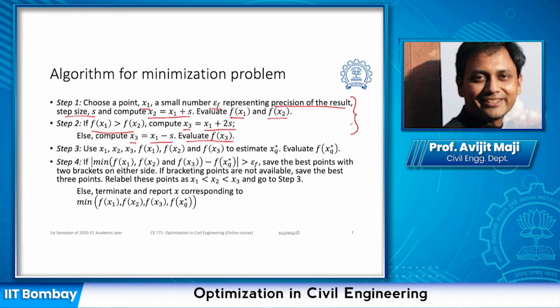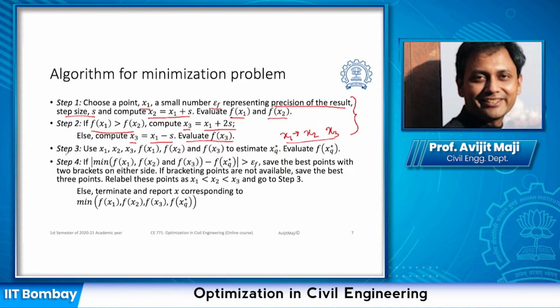By any chance, if we use the bracketing methods which we discussed earlier and already have found the bracket, then we can use the bracket information and choose x1 as one end of the bracket and x3 as the other end of the bracket, and in between we can choose another point x2 which will represent the intermediate point. Once we have these 3 points,